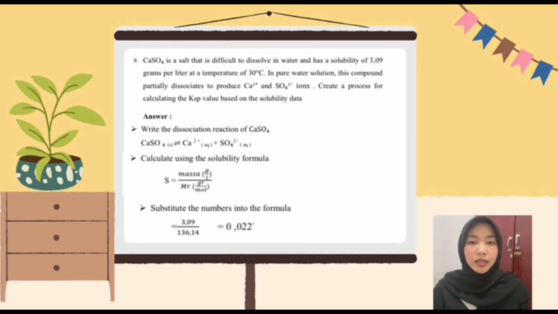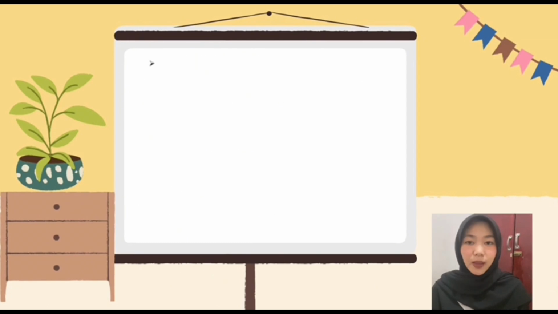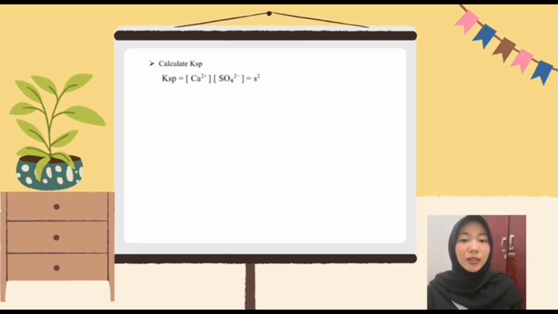Then the result is 0.0227. Then we can calculate Ksp with the formula Ksp equals S squared,